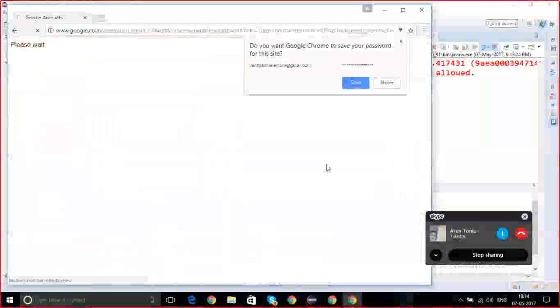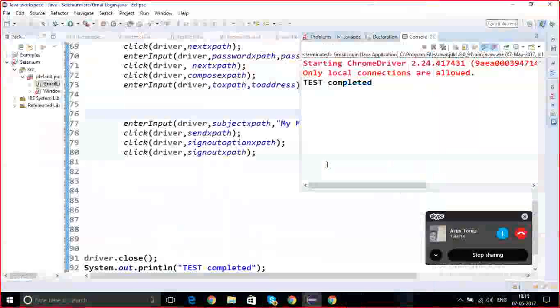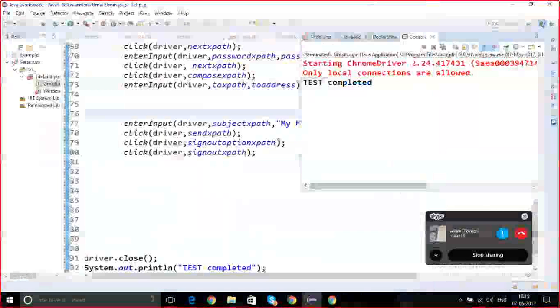So it's fine, right? Here, this time, after entering, immediately when it goes to